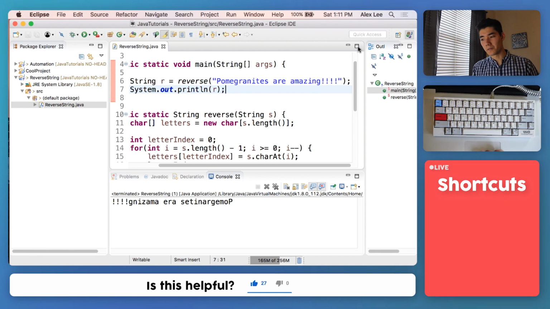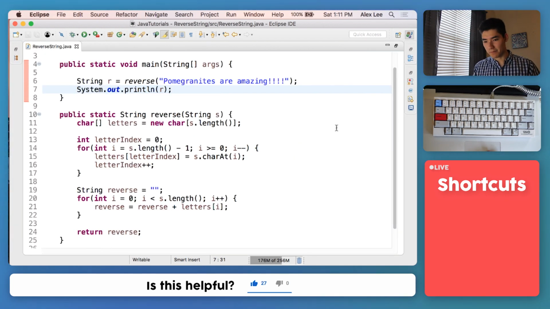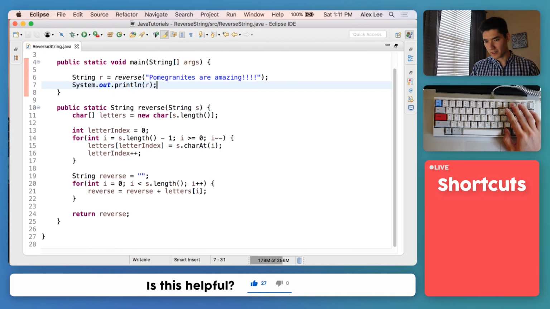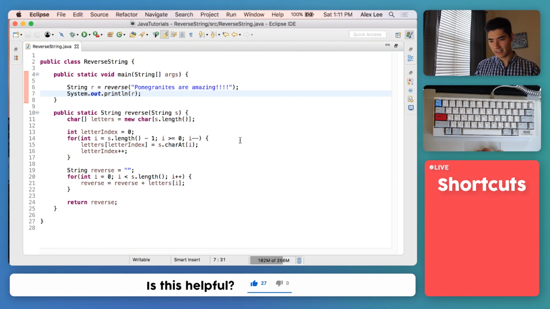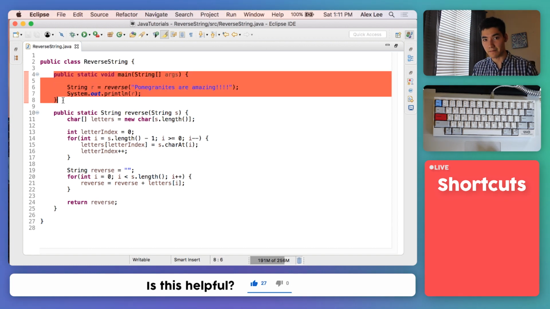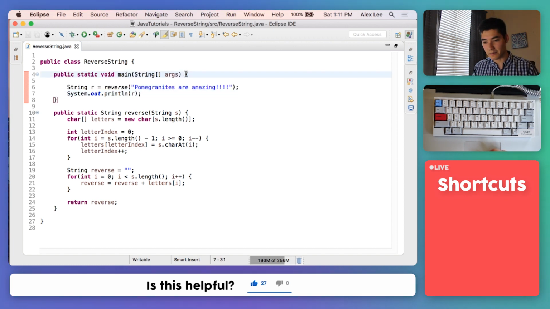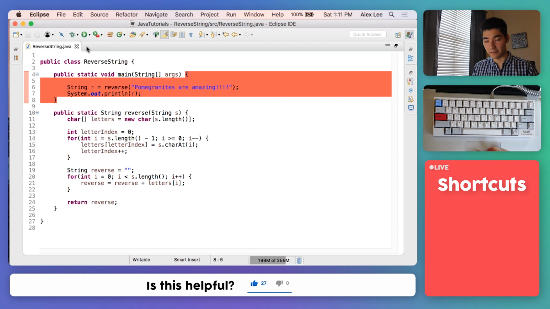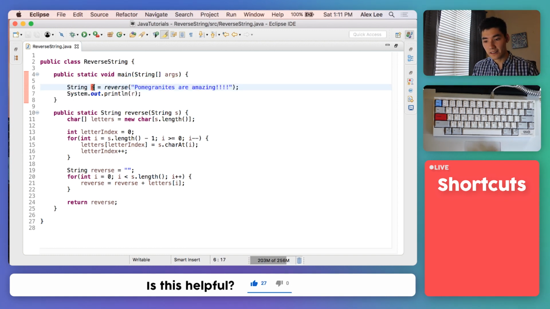Now I'm going to walk you through exactly everything that happens here. I'm going to make this a little smaller, and let's try to figure it out together. So when we click the green run button, we run code inside of our main method here. Whatever's in these curly braces will run after the green run button. We have a string called R, and that's equal to the result of a reverse method and this string pomegranates